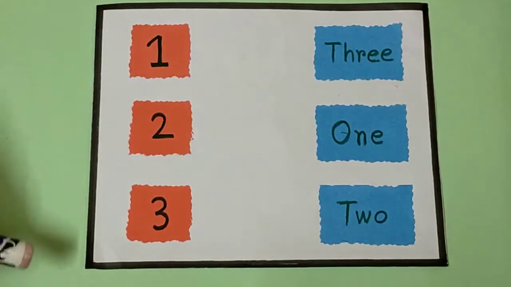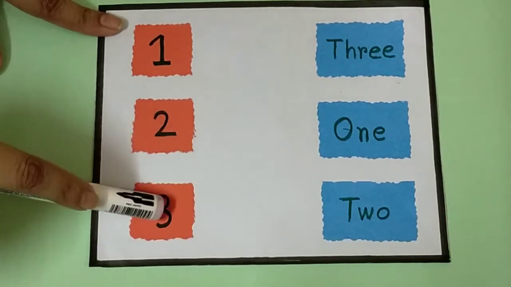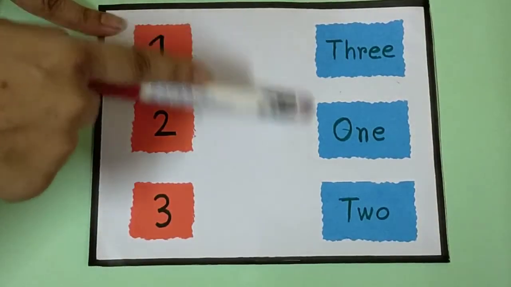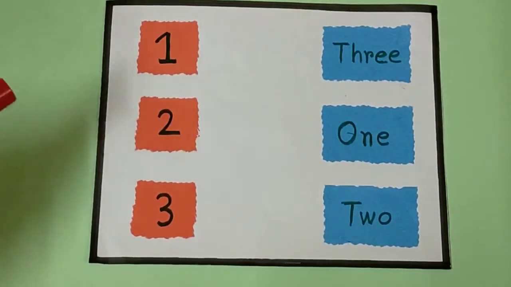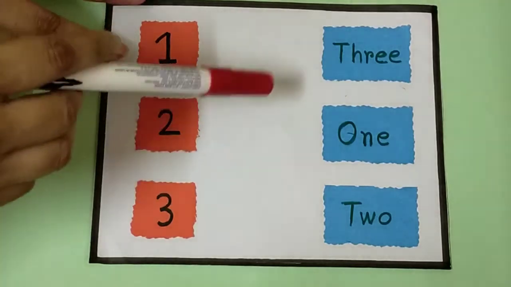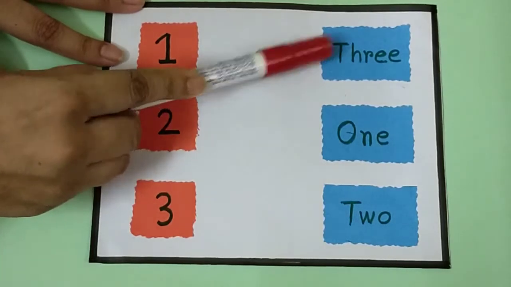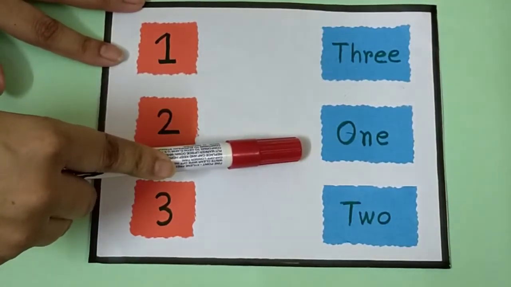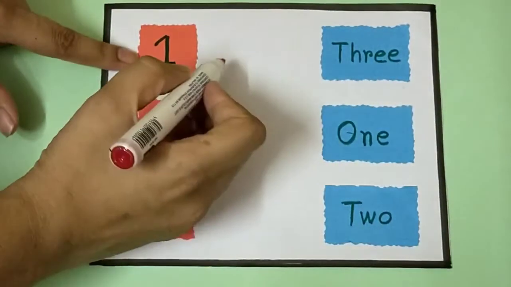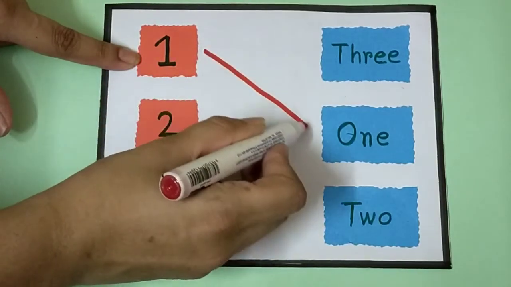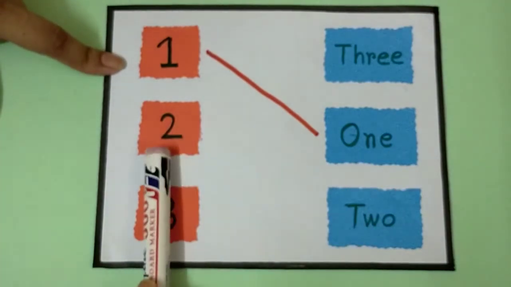Can you see the numbers here? Yes. There is 1, then 2 and 3. There are some spellings here. You have to match the numbers with spelling. Okay, here is 1. Can you find which one is the spelling of 1? This one? Okay, I think this one, right? Okay, let's match the number with spelling. O-N-E, 1.